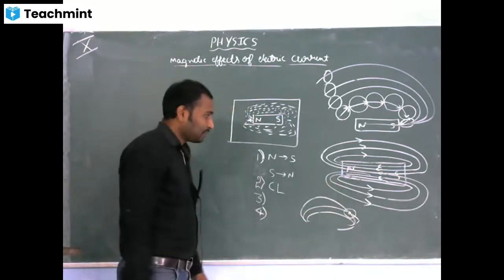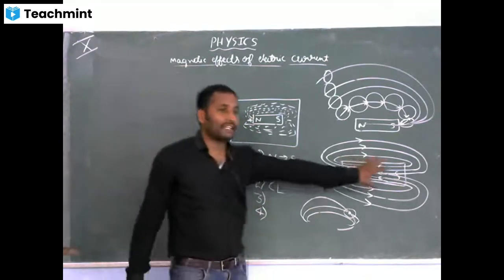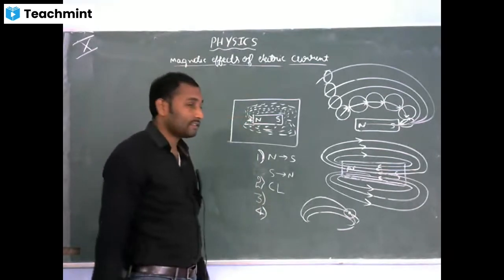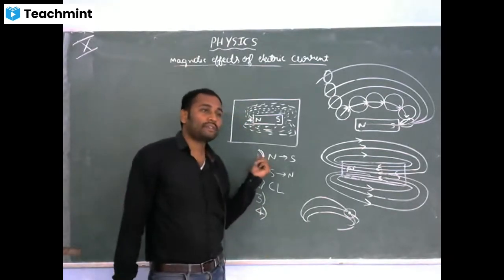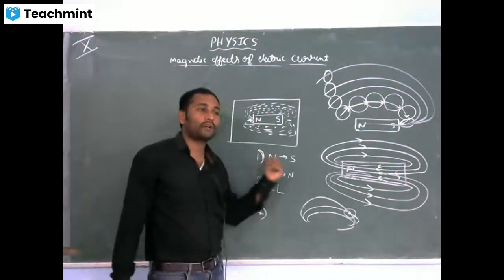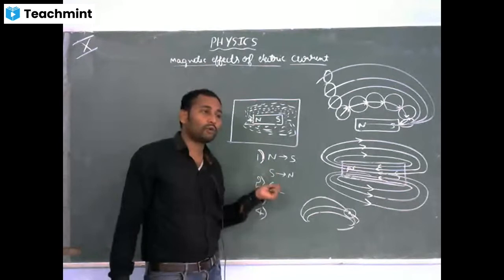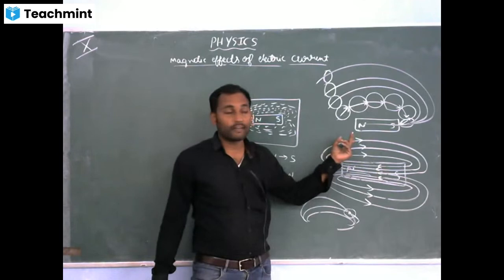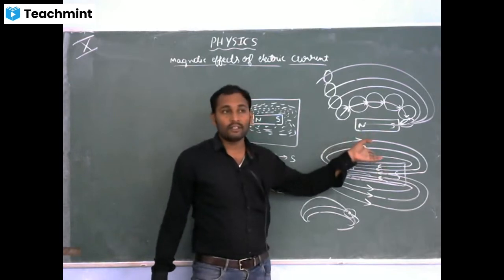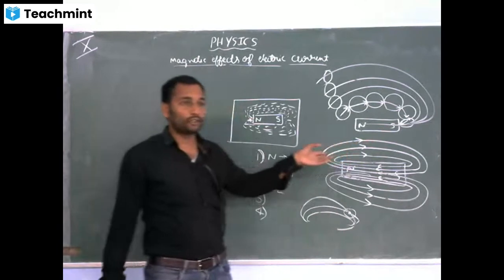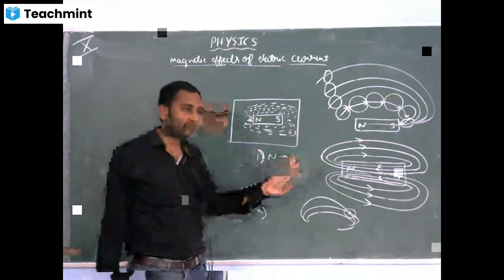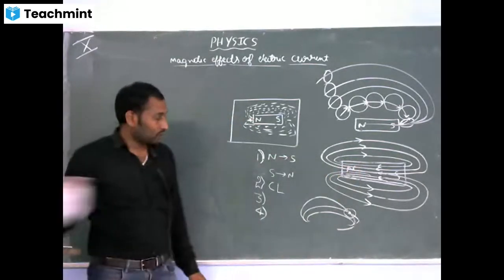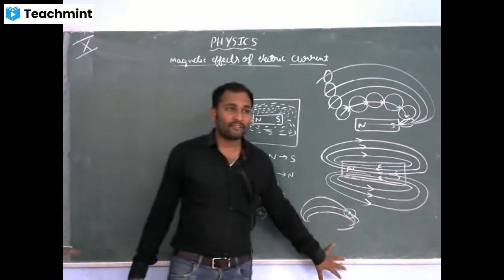Is it clear? So these are the points you should remember about the properties of magnetic field lines. The first point is outside the bar magnet, the magnetic field lines always travel from north to south, inside from south to north, and they form closed loops. The next one is no two magnetic field lines will ever intersect. If they intersect, at the point of intersection a compass needle should show two-side deflection, which is highly impossible. Last one, the degree of closeness of magnetic field lines gives the strength of the magnetic field. So this is about properties of magnetic field lines.